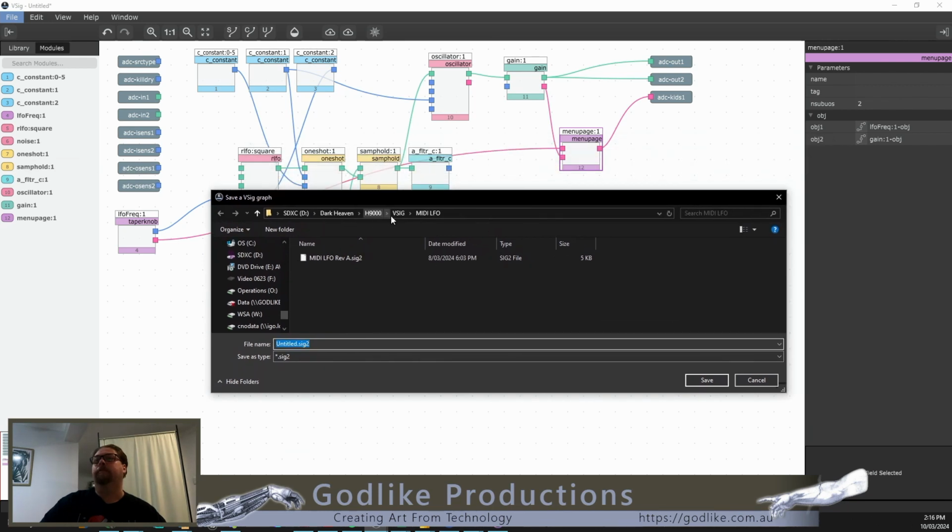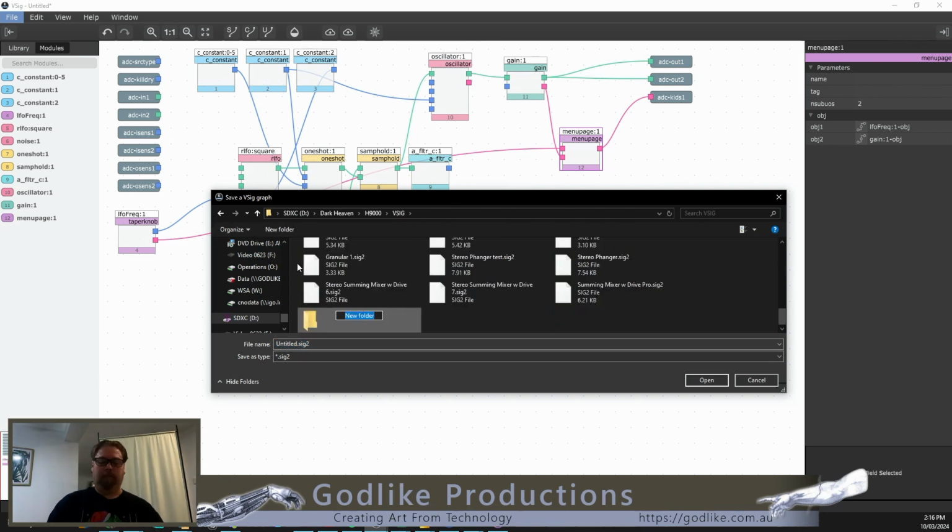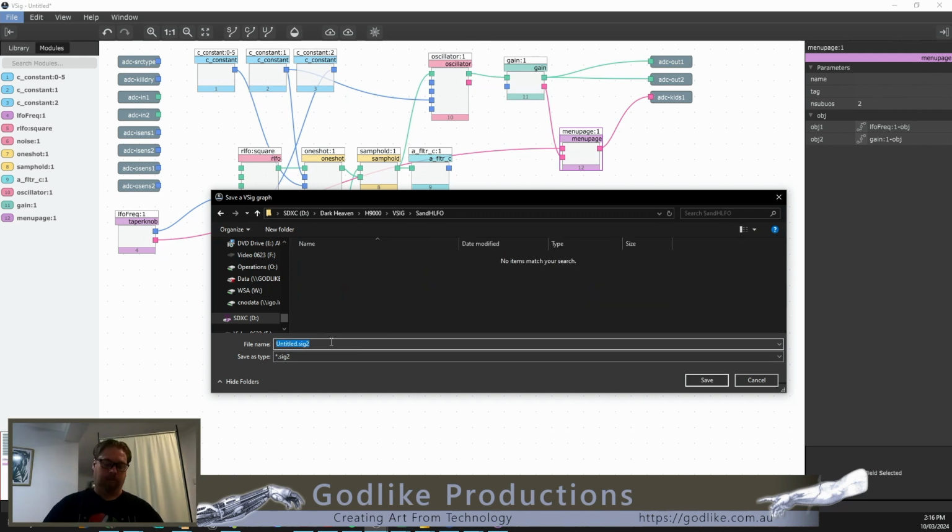Let's bring up a new folder, this is a S and H LFO. Put this into here, and we can just call this S and H LFO, and I'll call it Rev A. It's the first revision. Press save,